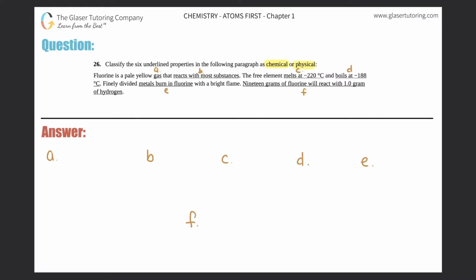Okay. So to answer this question, we first have to figure out what the difference is between chemical properties and physical properties. We'll start with physical because I think they're easier to understand. Then we'll move into chemical properties. So a physical property, I'll just put that as PP. Crack myself up sometimes. So a physical property is any property that is describing